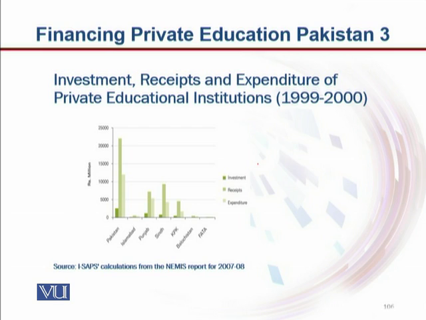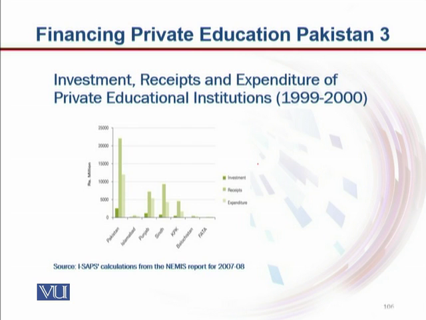This is much earlier, and we see that Punjab was second in expenditure in terms of private educational institutions. If that is true, then how and what did Punjab do to increase its private education sector by 65%? Other provinces need to look at it and learn from it. If we can do that, we will be on the right track. So I hope you understand why recent data and recent research is more important when we want to make decisions